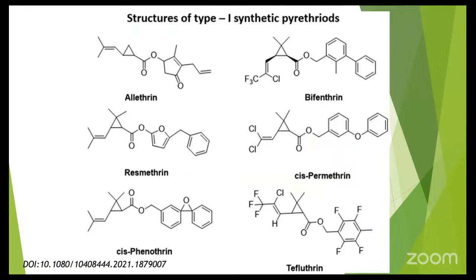The change in the alcohol moiety led to allethrin, the first commercially available pyrethroid, which is still in use today. It was derived from pyrethrin 1 by shortening the pentadienyl side chain of the pyrethrolone moiety. And bifenthrin is another pyrethroid, along with resmethrin, cismethrin, tefluthrin. So these are all the other